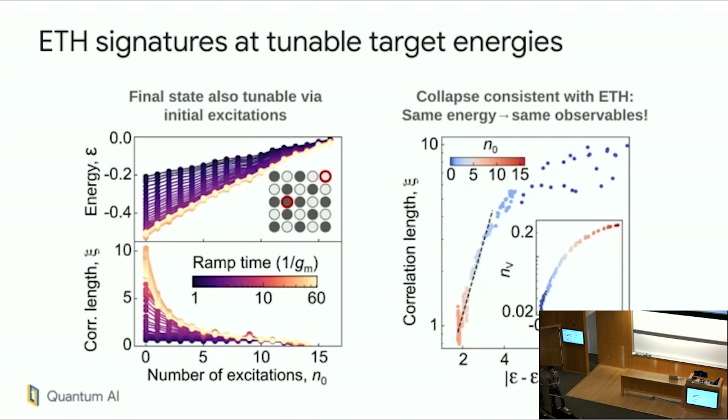But to really get some nice insights out of this data on the left here, we can take all of that data and plot it on the same axes. That's what I've done on the right here. So here is all the data where I'm varying both ramp rate and also excitation number. And on the axis, I put the correlation length as a function of the energy. And what we find here is that all this data collapses onto one curve. This makes perfect sense because we know from the eigenstate thermalization hypothesis that even though I was preparing these states in different ways, if I end up with the same energy and the state thermalizes, I should also end up with the same observable. And indeed, I end up with the same correlation length in the main plot, and the same vortex density in the inset.